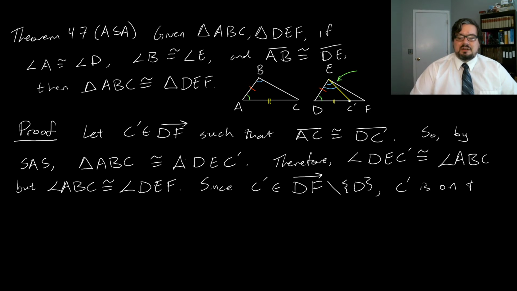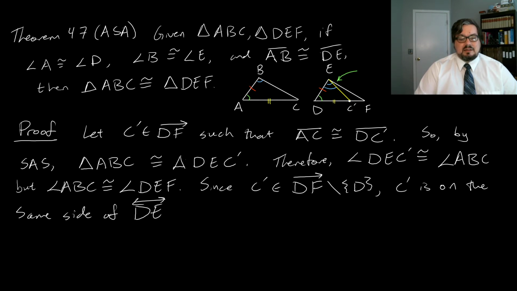So notice that since C prime is in the ray DF and is not D, C prime is on the same side of the line DE as F. This was by Theorem 24. So, by the angle construction theorem,